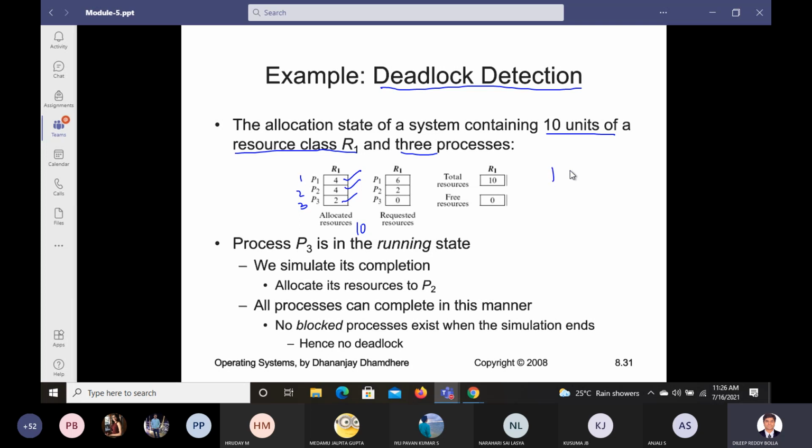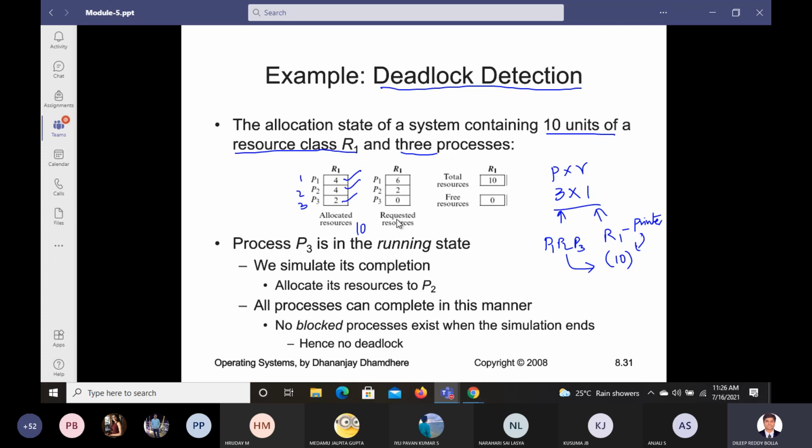What can you say? P cross R, right? So P is here 3 and R is here only one resource, so it is a 3 cross 1 matrix. So in this way we got a 3 cross 1 matrix. So 3 indicates the number of processes. The processes are P1, P2 and P3, let us say for example, and here the resource is R1. Okay, but this R1 is only one resource type, and we have 10 resources. Let us say for example this can be a printer, this can be a tape, whatever; 10 printers are available. Okay, so 3 of them want to access these 10 printers, like this it is.